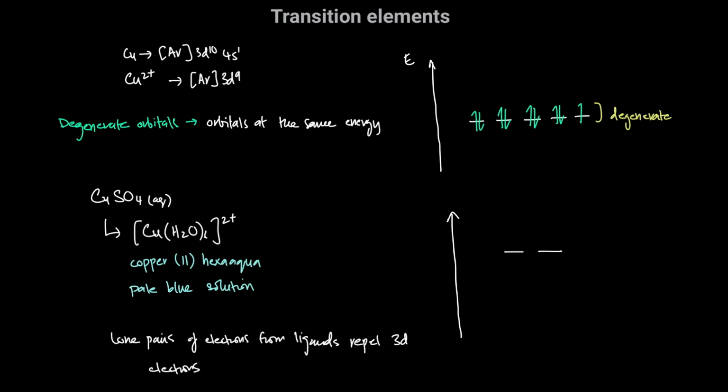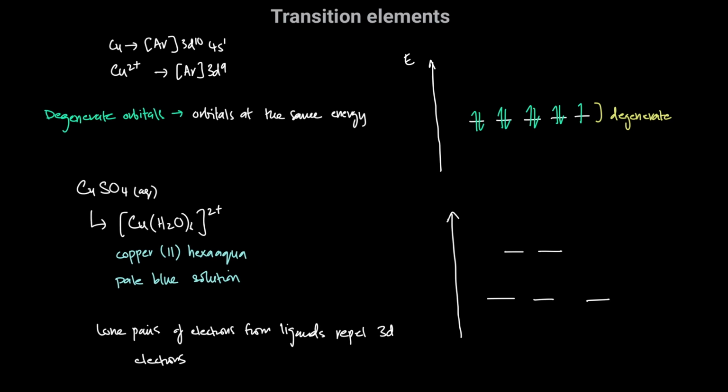So the two orbitals along the axes are repelled to a higher energy relative to the three orbitals that we have between the axes. Again, in an octahedral complex, the ligands are forming bonds along the x, y, and z axes, which means that the orbitals along the axes, which were your dx squared minus y squared and dz squared,